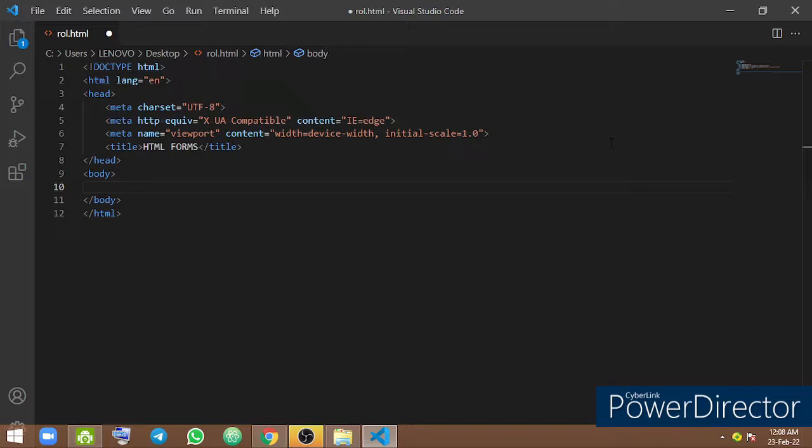Remember when we were discussing HTML tables, I told you the most important element in HTML tables is the table element. Without a table element, any other thing that you write is meaningless. It will be very difficult for the browser to know that what you really want is a table without a table element. Is that alright? In the same vein, if you really want to incorporate a form, if you really want to get your users to sign up, if you really want to get your users to sign in,